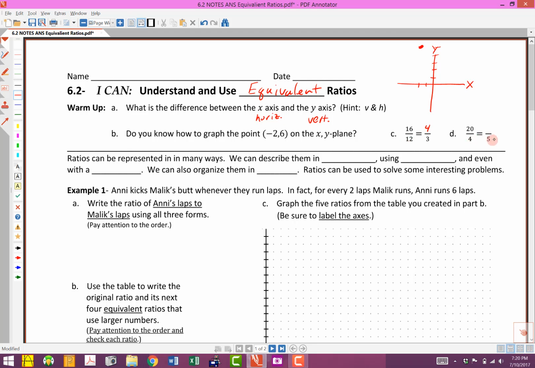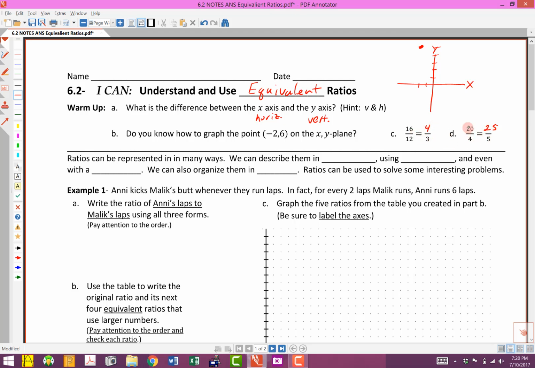Well, on this one it's a little bit more difficult, but we can change our technique, and instead of looking at the bottom and figuring out how to change one bottom into the other bottom, we can look at the bottom and the top. How would we change from a 4 to a 20? Well, that means the top is 5 times bigger than the bottom. So on this one, the top's got to be 5 times bigger than the bottom, and we end up with 25. Okay, so again, different techniques on each one of these, but you'll notice that we end up with equivalent